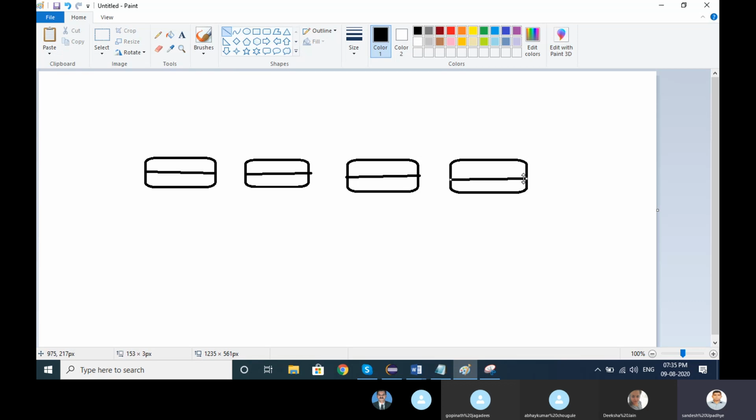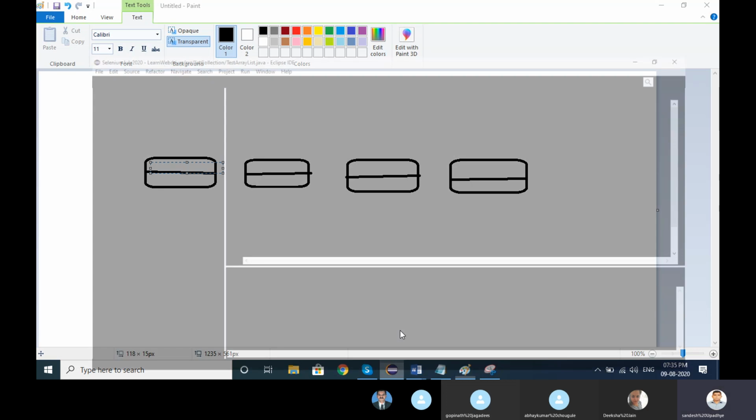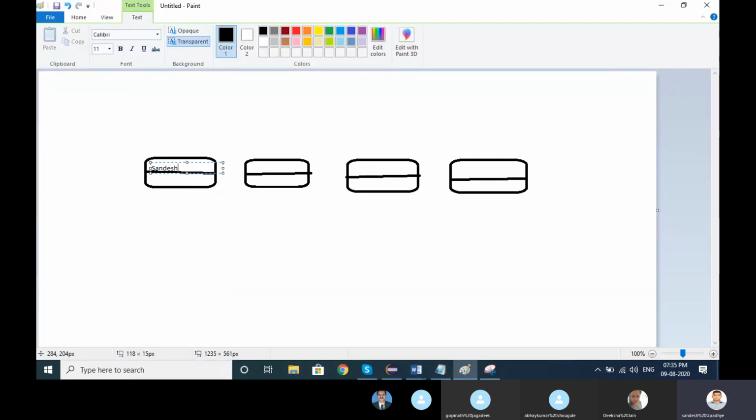The background implementation I am telling you. What did we add? Sandesh, Ravi, Sandesh. We have added Ajay, right?